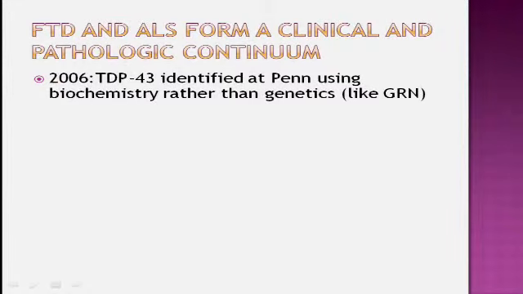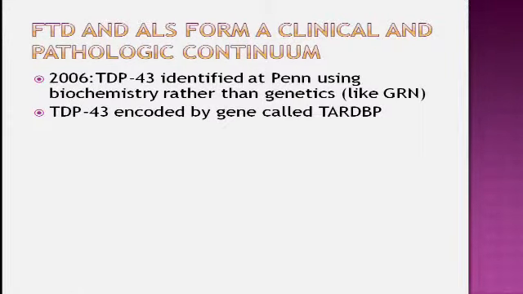And TDP43 was also discovered in 2006, and it happened to be discovered here at Penn by Virginia Lee and John Trojanowski's lab in the Center for Neurodegenerative Disease Research. And unlike progranulin that was identified through genetic families and doing sequencing and localizing it by linkage analysis, TDP43 was identified purely through biochemical mechanisms. They isolated those inclusion bodies and broke them up into pieces and figured out what the sequence was and went backwards to find what the gene was.